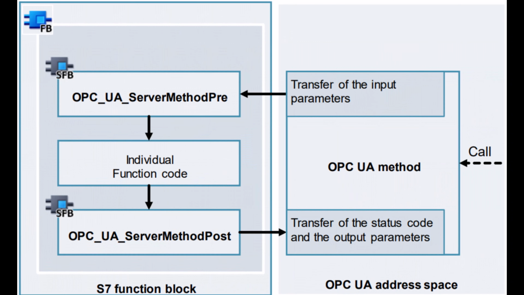Here is a more detailed explanation of the steps involved. 1. The OPC UA client calls the OPC UA method. 2. The OPC UA server receives the call and calls the system function OPC UA server method pre. 3. The OPC UA server method pre system function makes the input parameters available to the user program. 4. The user program runs its custom function code. 5. The user program sets the interface parameter to indicate that the code has been executed. 6. The user program calls the system function OPC UA server method post. 7. The OPC UA server method post system function transmits the output parameters and the status code to the OPC